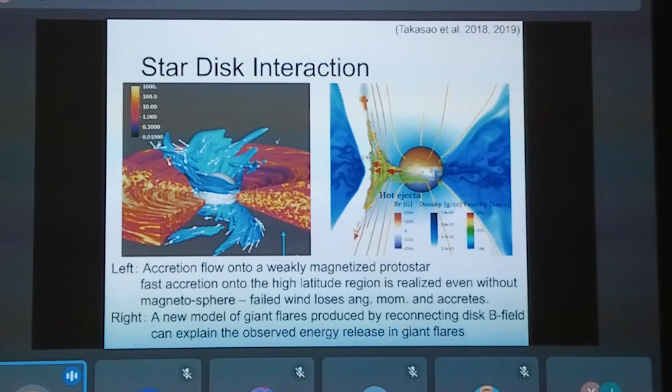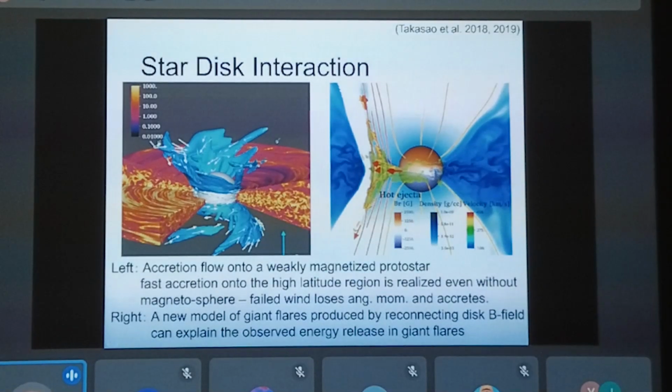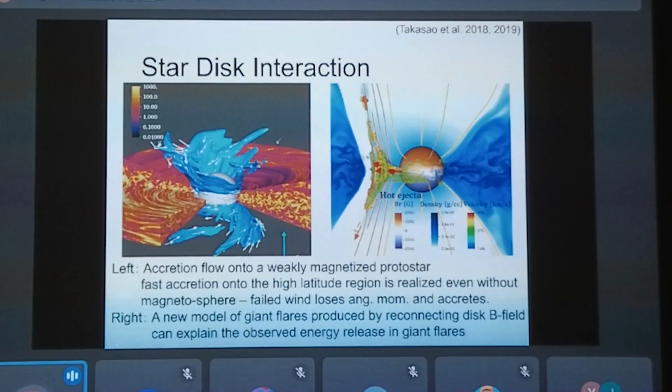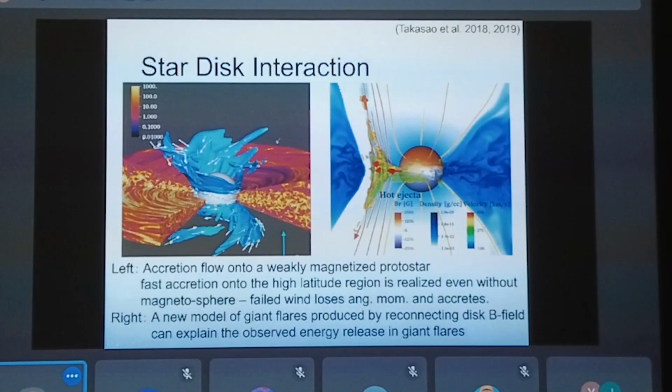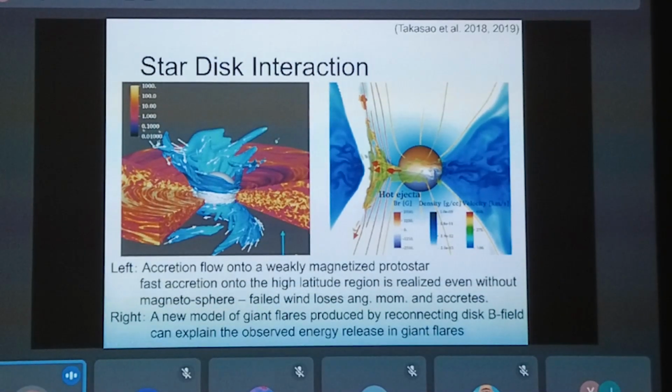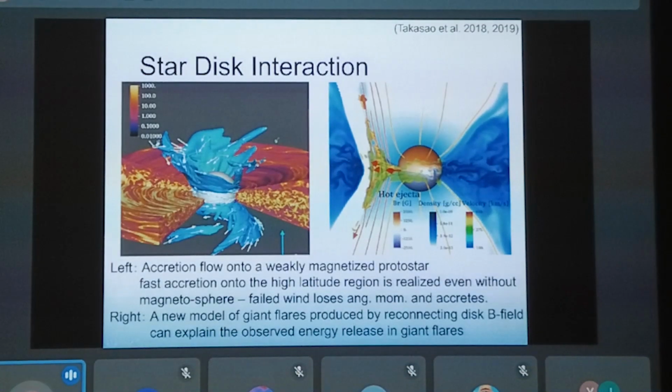However, in the left simulation, we simulated an accretion disk with a very strong stellar magnetic field, but we still found a strong accretion flow onto the polar region. And this is due to the failed wind. Some gas is lifted from the disk by MRI as a wind, but it loses angular momentum by the magnetic field in the ambient gas, and then falls down onto the polar region.